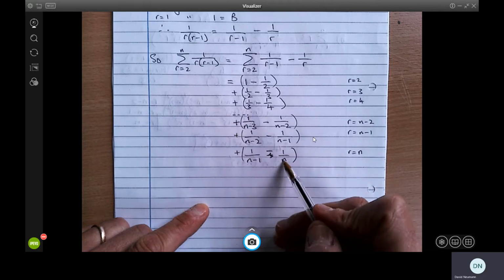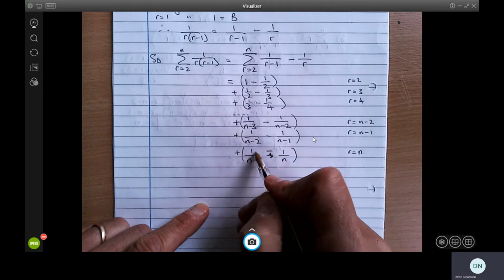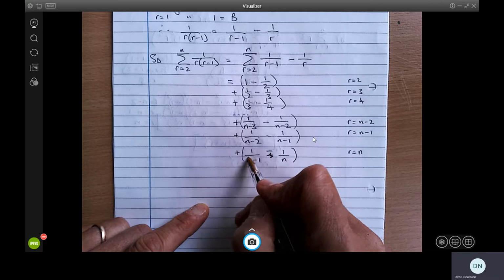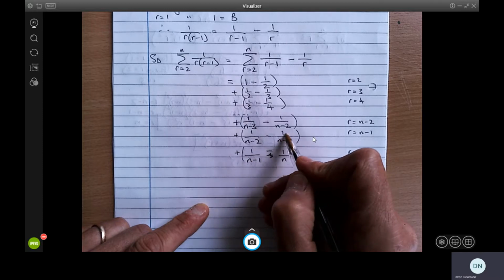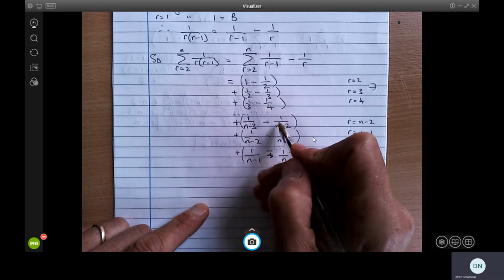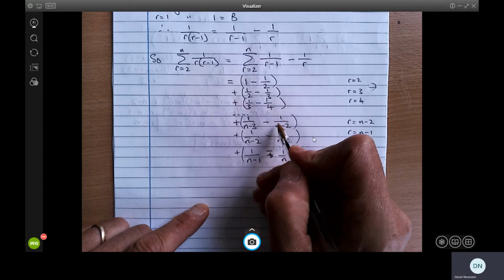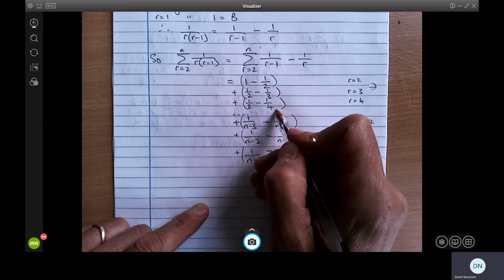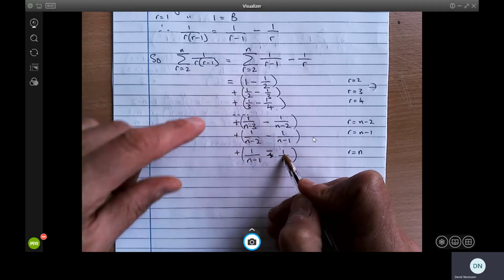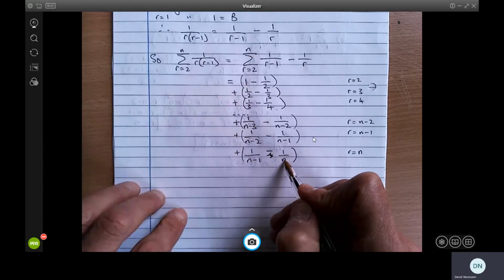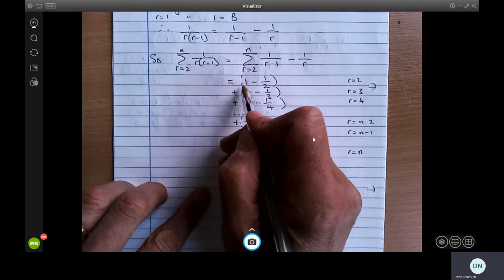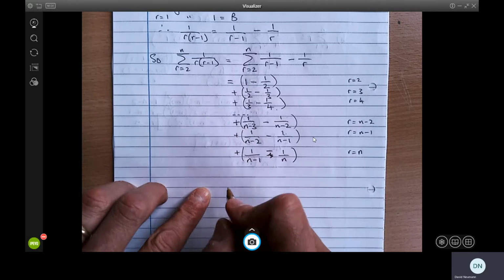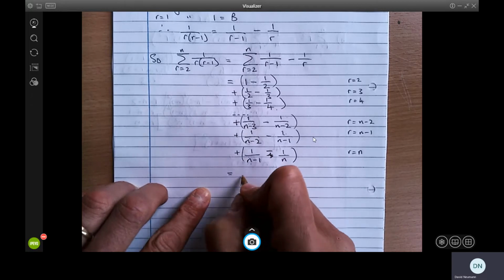Going backwards from here, we've got 1 over n minus 1, minus 1 over n minus 1, 1 over n minus 2, minus 1 over n minus 2. So those terms cancel, those terms cancel, this term cancels with 1 here, and we're just left with the very first and the very last, or the first half of the first term and the last half of the last term. So we can say that this is equal to 1